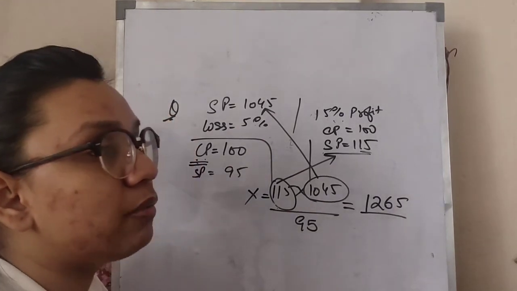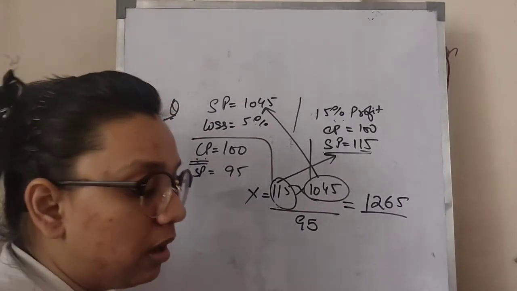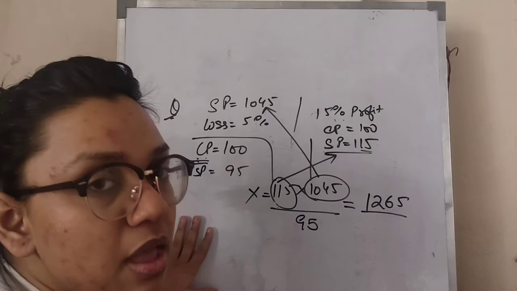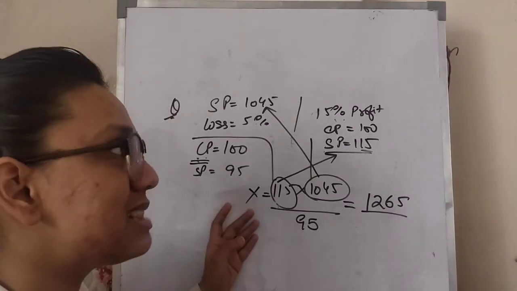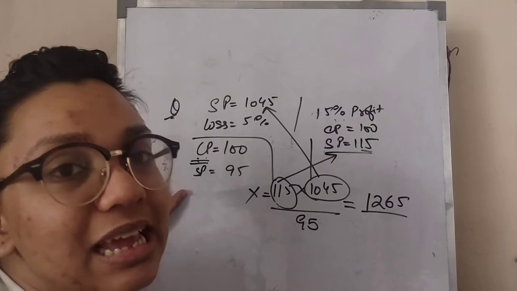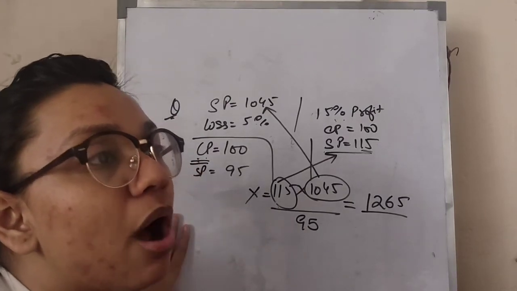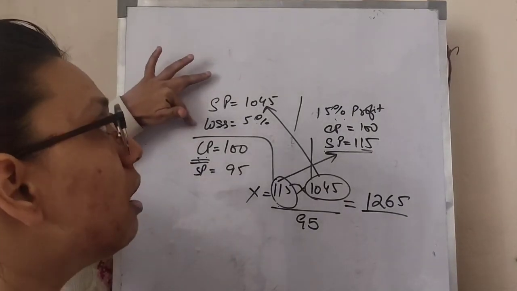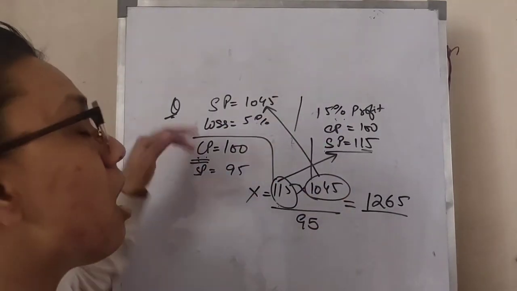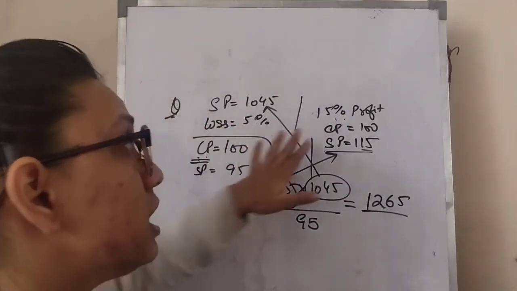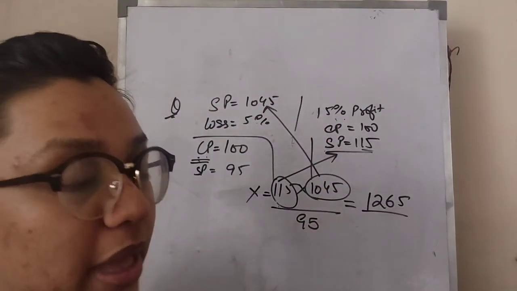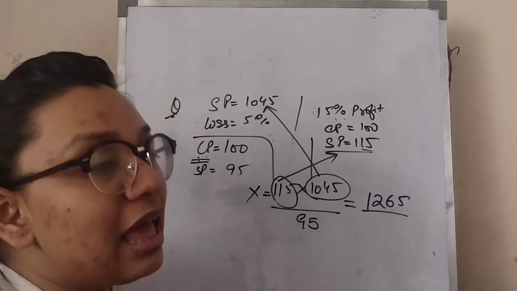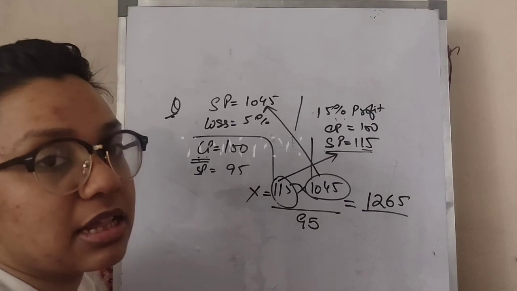Okay, so that's all for today's session, and tomorrow we are going to do more shortcut tricks of this type. Just practice this kind of trick first so that you understand what this trick is actually saying. This is a very short method to calculate the difference amount or to directly calculate the SP. You just need to keep in mind what your old price is, what your new price will be, and how to move from losses into profits. In the next class we're going to do how to move from SP to CP with the help of differences. Okay, thank you very much.